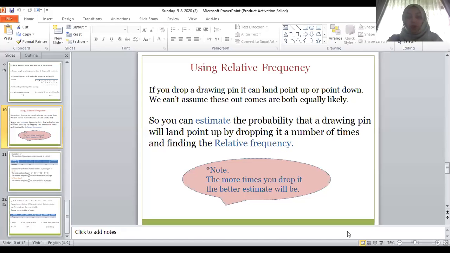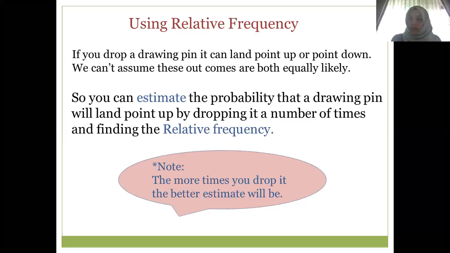So this is where we stopped yesterday. We talked about previous things. We talked about probability, what we mean by mutually exclusive probability, and then we talked about sample space diagram. And today we will start talking about relative frequency. What do we mean by relative frequency? Of course, I know that everybody knows what relative frequency is, and we talked about it before, but